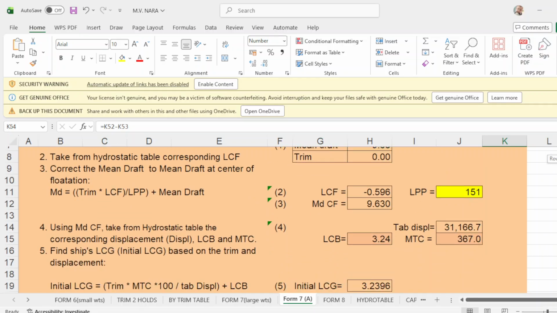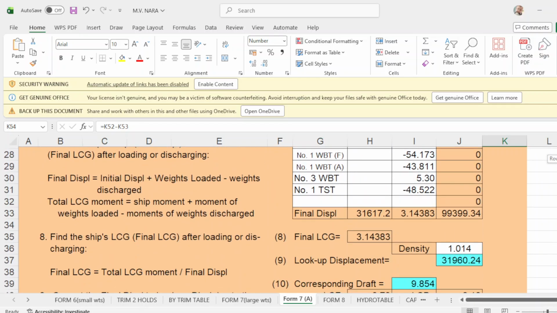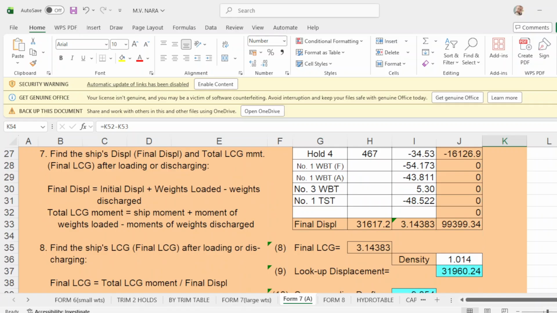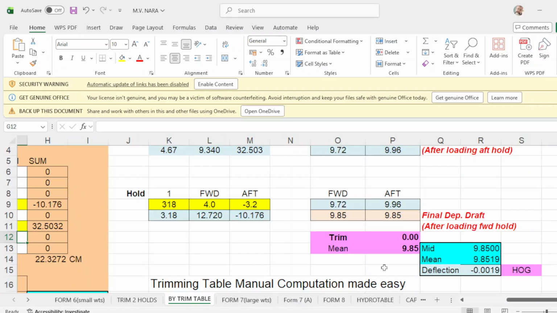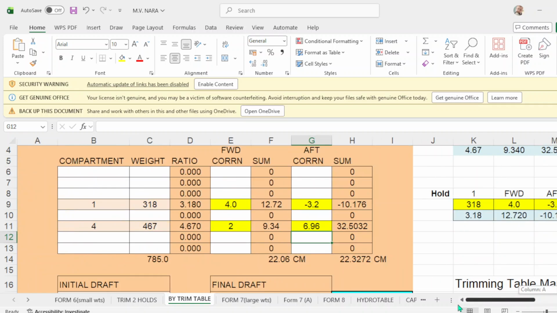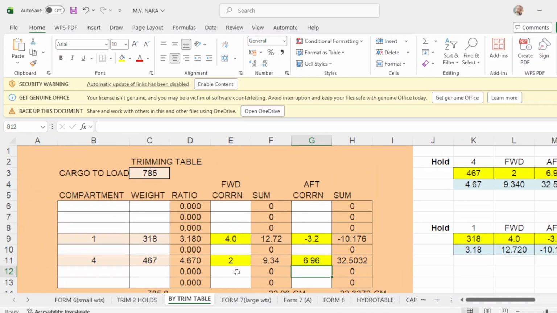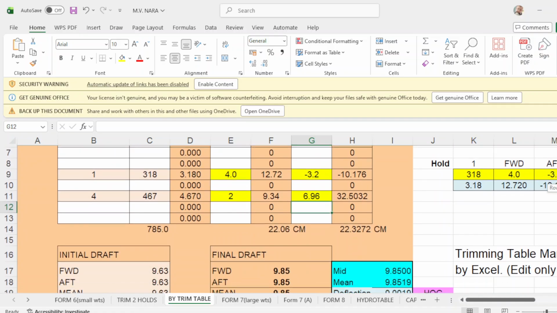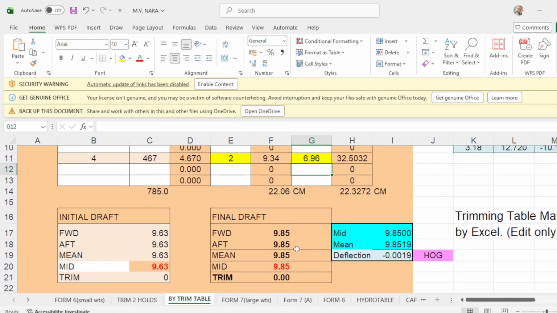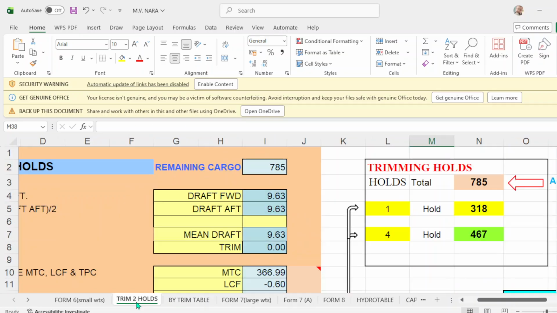Okay, and by trim table, you use the forward and up correction of your cargo hold, apply it, then you will get your departure drop, even keel, and trim to hold.